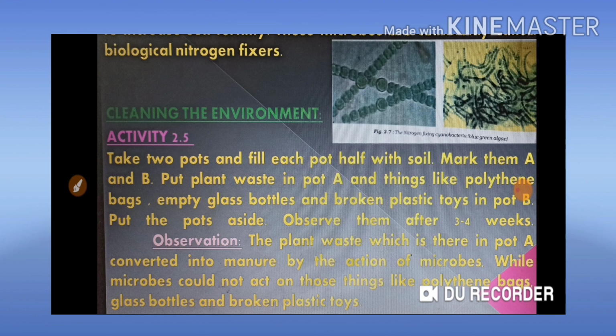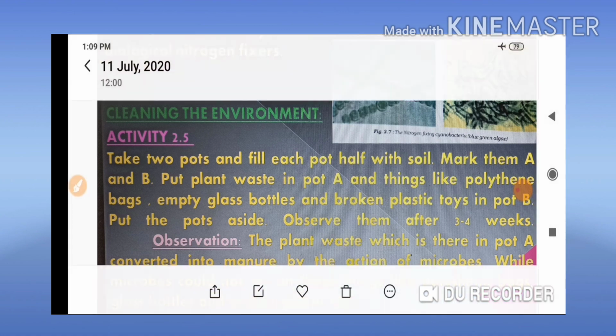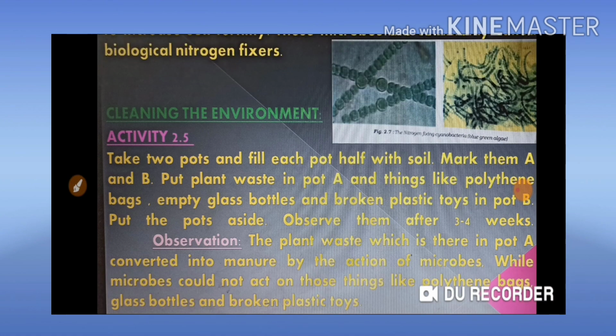The answer to this question is microorganisms. When a living organism dies, the microorganisms attack that body, use their juice on it, and decompose it. Decomposition is nothing but them attacking the body and starting to eat it. That's why you can't see that dead body on the road or near your house after two or three days. They convert it, so they clean the environment.